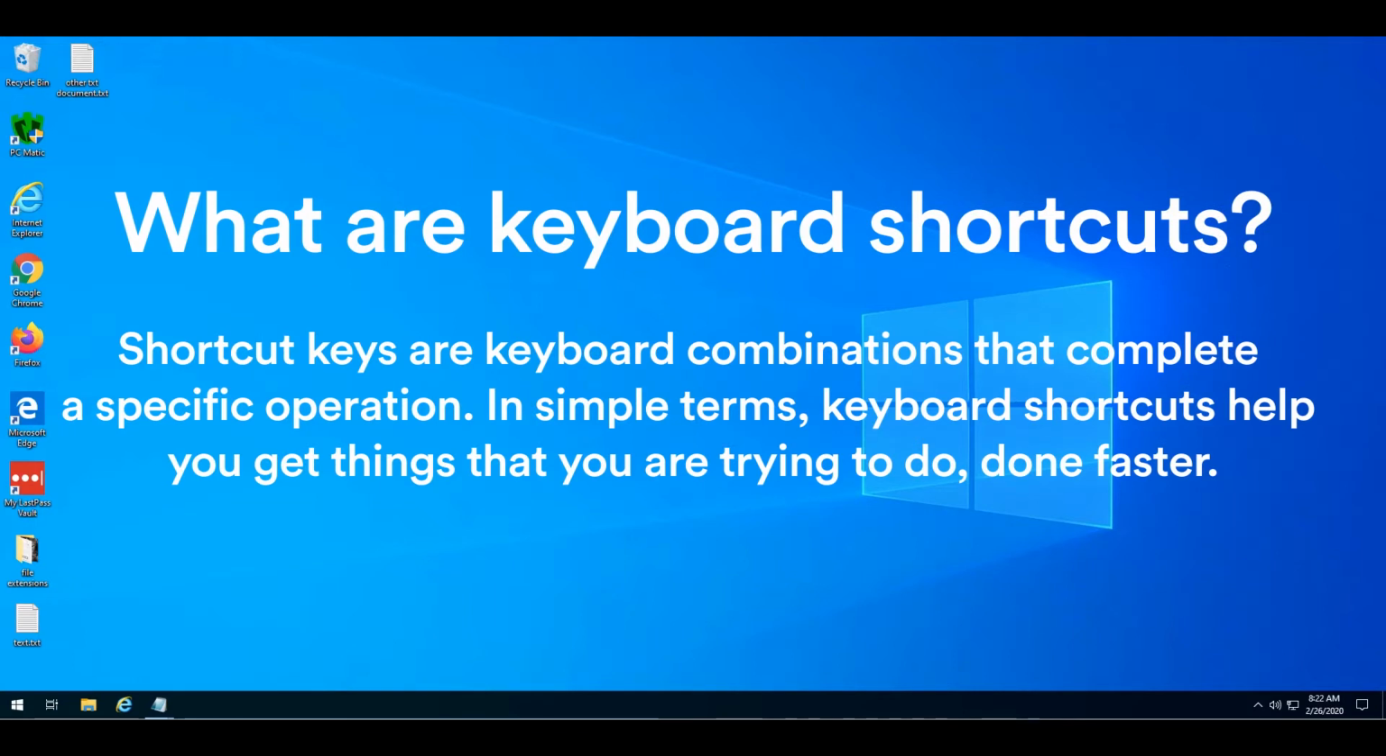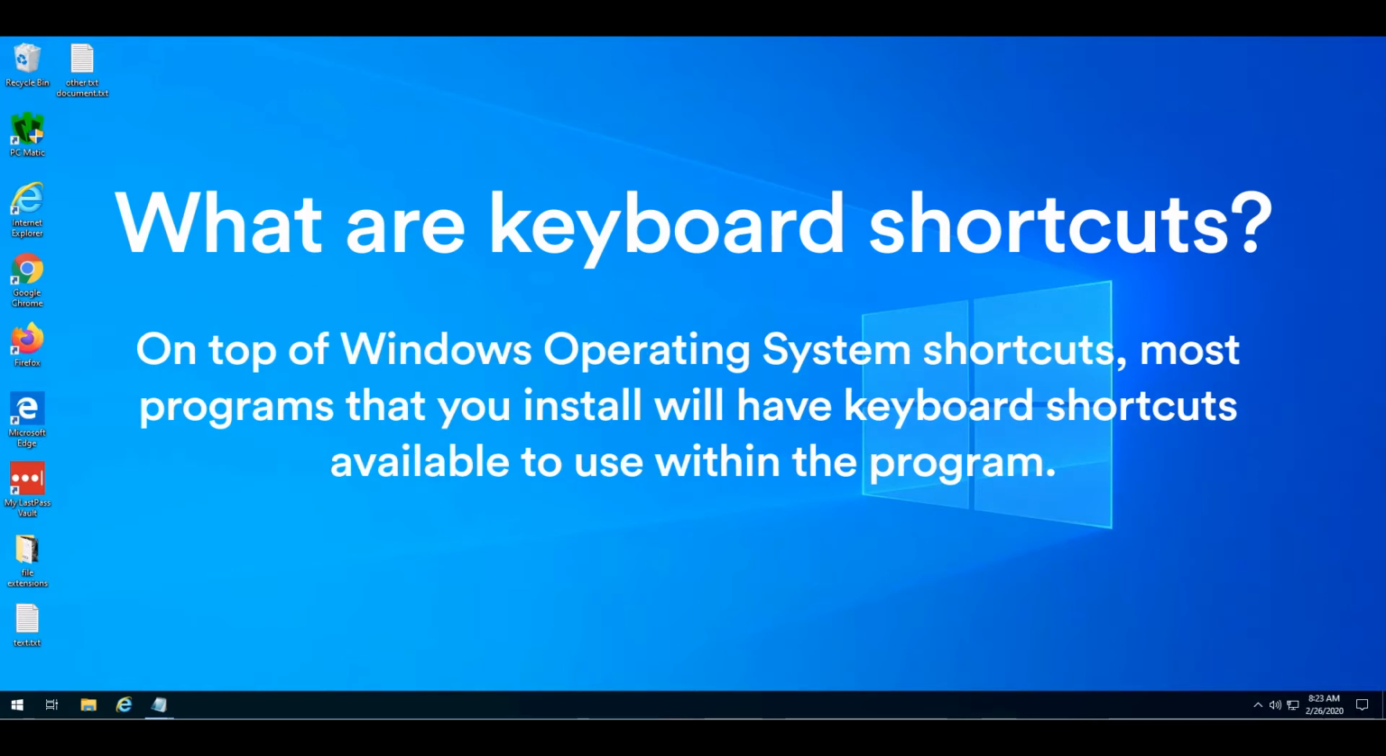Shortcut keys are keyboard combinations that complete a specific operation. In simple terms, keyboard shortcuts help you get things that you're trying to do done faster. On top of the Windows operating system shortcuts, most programs that you install will have keyboard shortcuts available to use